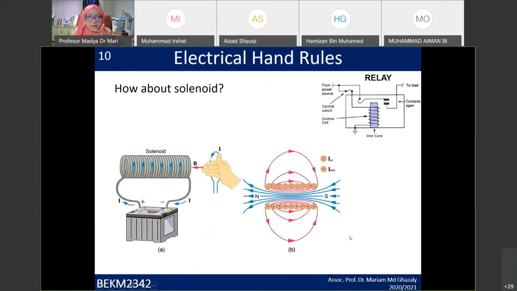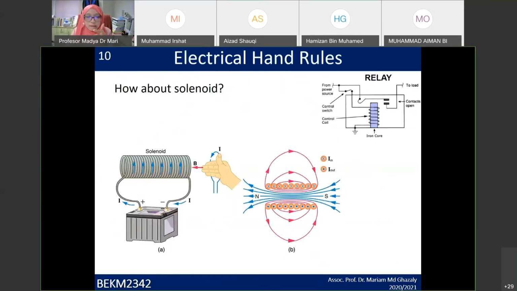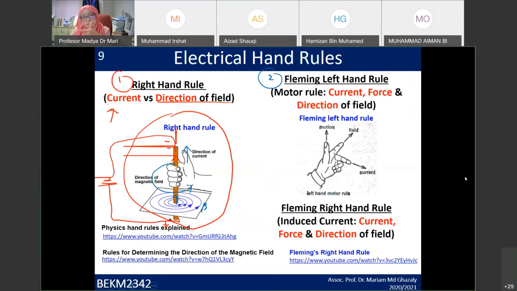Let me see. Maybe it's not. I will show you a video to explain this. So this one is the motor right hand rule. Okay, and if you see next,